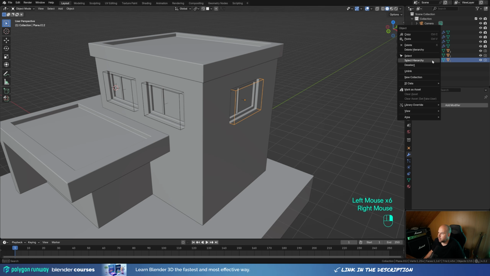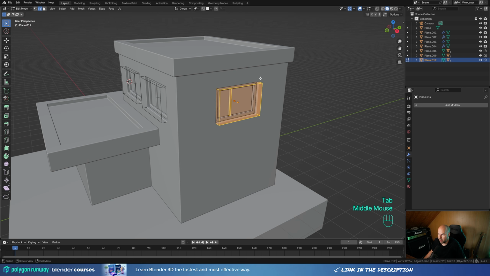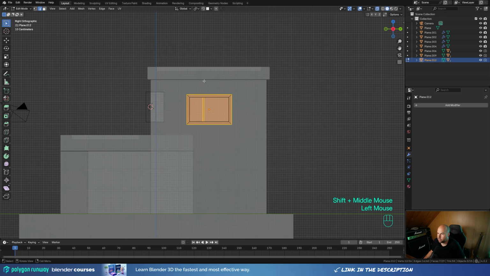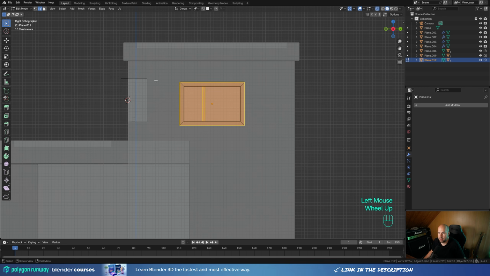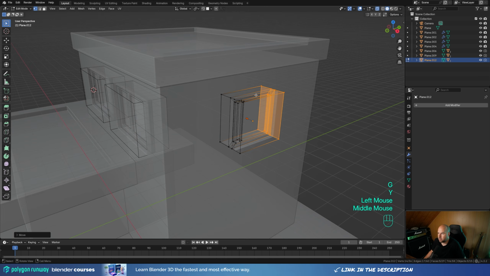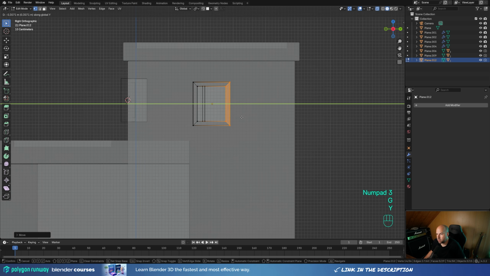So now let's select the hierarchy again, tab into the edit mode, and we're in the edit mode of multiple objects. So if you look from the side here by pressing 3 on the numpad and enable X-ray view, you can easily modify the whole thing. So you can press 1 for vertex select and just select these vertices, press G then Y and move them closer, and do the same thing here. And if you look from this side, you can see we're selecting all of the vertices from all of the objects, so we're modifying the cutout object as well. So yeah, let's move this right here,